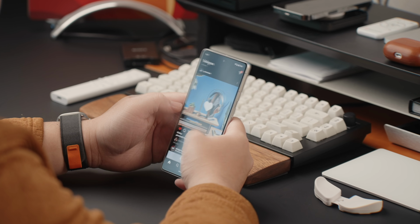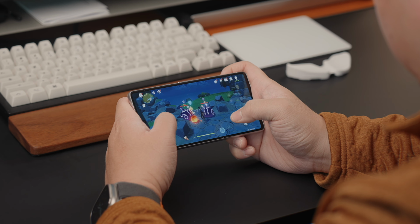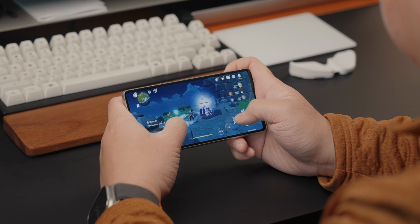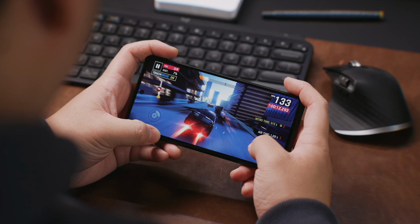And just to touch on the processors again, the Tensor G2 on paper might sound like it'll be a lot faster than the original Tensor on the Pixel 6, but when you put these two phones head to head and run Geekbench 5, you'll notice that you're only really getting a 13 to maybe 14% increase in multi-core scores. And in everyday scenarios, you're really not going to notice a huge improvement in performance here. All of the games that I played ran fine on both of these phones with little to no lag or app crashes, although I did notice that the Pixel 7 was not running as warm as the Pixel 6. But yeah, even with a newer GPU on the Pixel 7 and the Tensor G2, there wasn't a huge jump